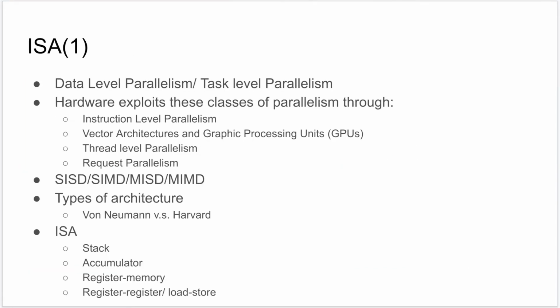Next part is instruction set architecture. First, we need to know some basic ideas, and we need to know data level parallelism and task level parallelism. And also, hardware exploits those classes of parallelism through instruction level parallelism, vector architecture, and GPU, thread-level parallelism, and request parallelism. For this part, I think there might be a question like multiple choice questions to ask you some